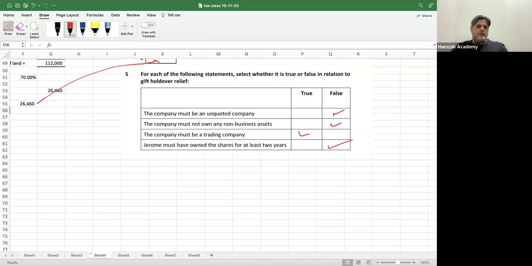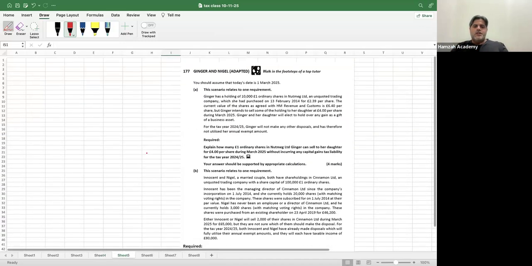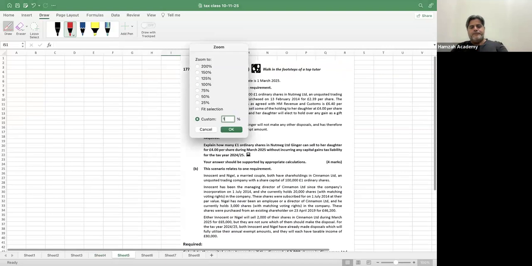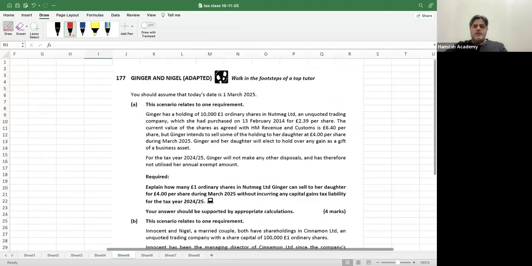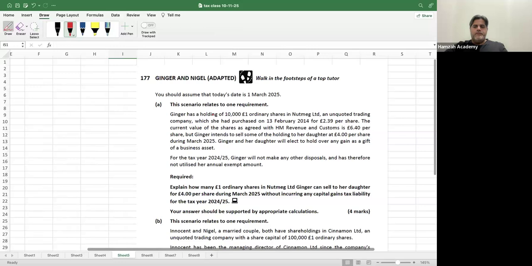Then moving ahead from here, let's see now, what do we have? Okay, now we are going to have this Ginger question over here, Ginger and Nigel. You should assume that today's date is 1st March 2025. The scenario relates to one requirement only. Okay. And that is Ginger has a holding of 10,000 £1 ordinary shares in Nutback Limited, an unquoted trading company,